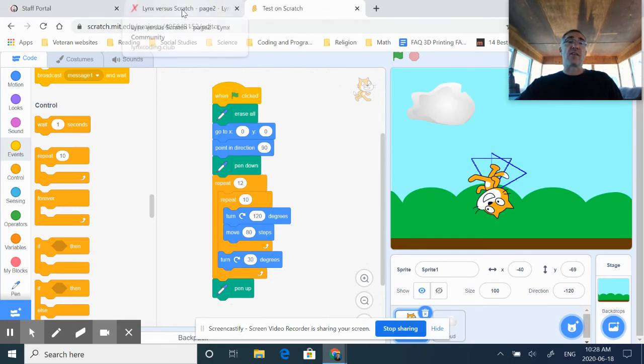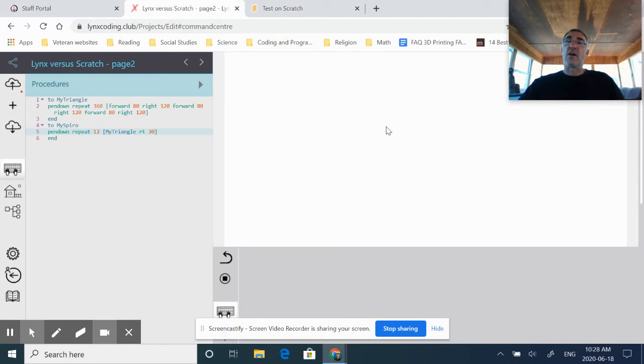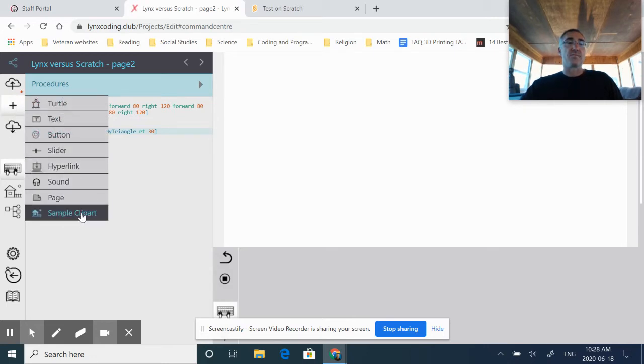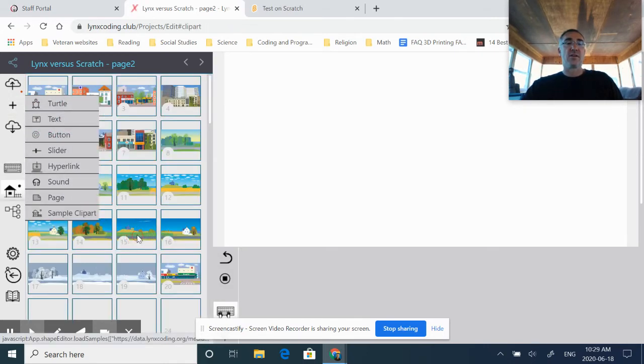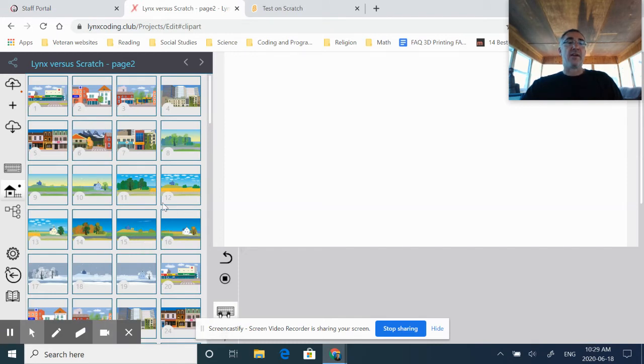When you go to Lynx, however, this is where it's kind of that hybrid aspect, because I sort of have blocks, but I don't entirely have blocks. I do when I go to my clip art. Again, if you notice, I can choose a background. And so let's choose